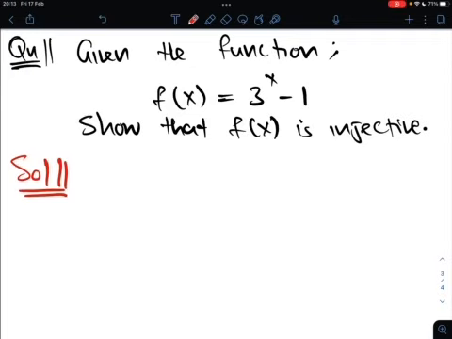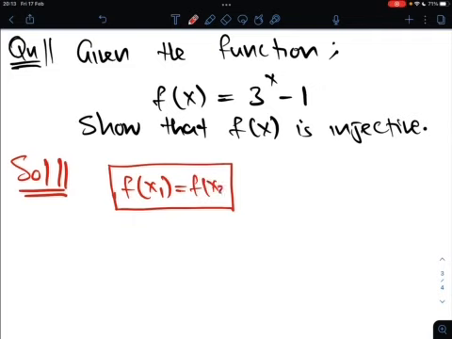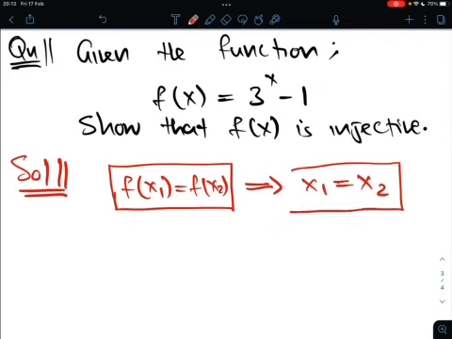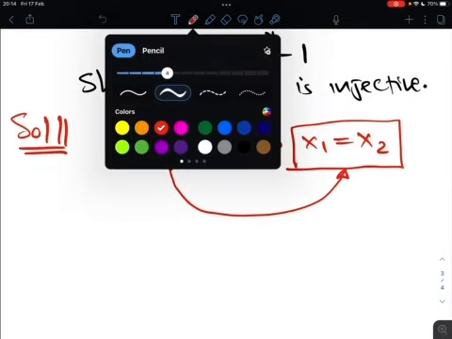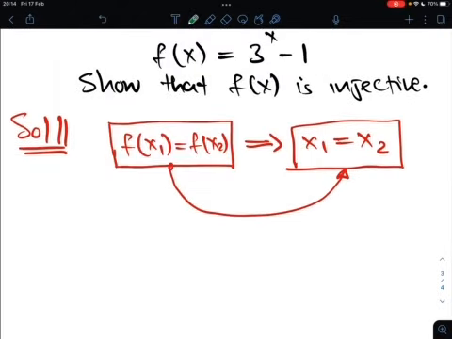At first, recall that every time you want to show that a function is injective, you have to assume that f of x1 is equal to f of x2. Then you have to show that assuming this is true will always lead to x1 being equal to x2. If your assumption leads you to that, then you have shown injectivity. So since we now know how we're going to go about this, let's proceed. I'll continue and say, suppose